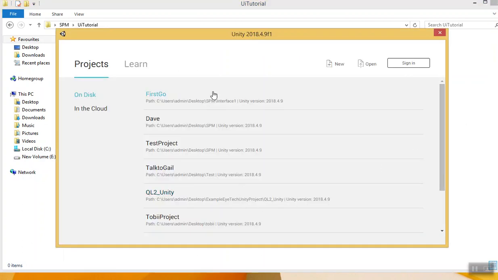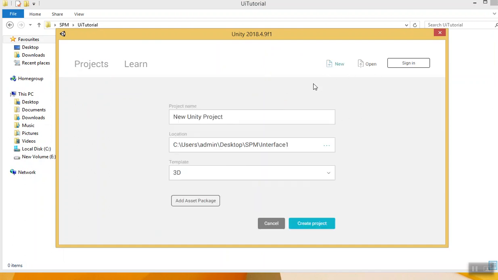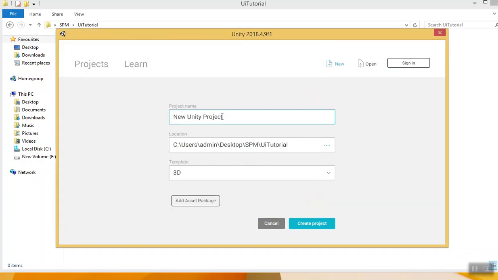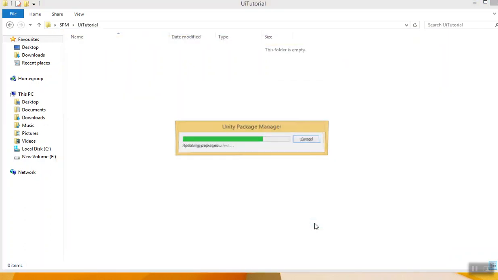So what I'm actually going to do is to create a new project, and I'm going to put it into this folder that I've got here, UI tutorial, and I'm going to call it something like simple UI. I'm going to add it as a 3D, but you can use them in 2D projects as well. So create the project,